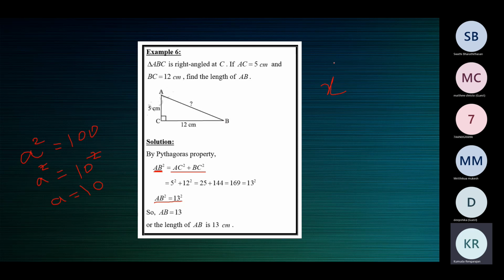Supposing you have x square is equal to, say, 441. So x square is equal to 21 square. The squares on both sides get cancelled. So x is equal to 21. The value of x is 21. See, it makes sense. When x is 21, x square will be 21 square, 441.